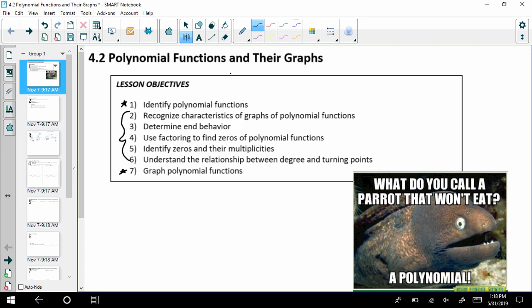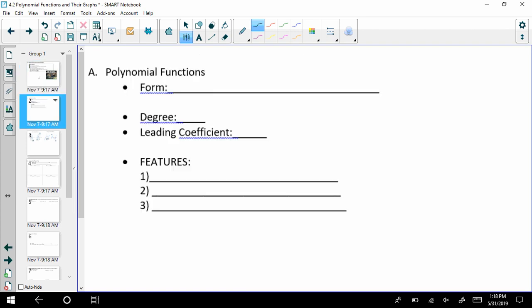So it looks like a lot of objectives, but you'll see that they kind of all tie in with each other, and it's all building up to this final objective of graphing. So a polynomial function. When I say we have a polynomial, what do I mean? Well, example. This